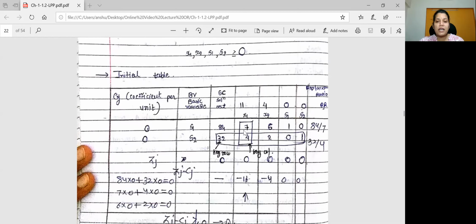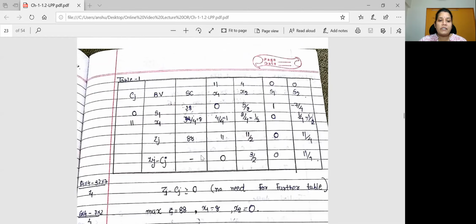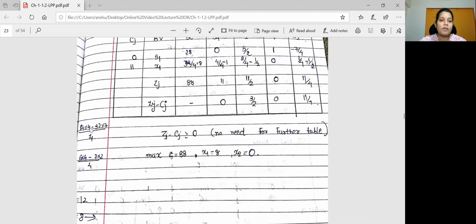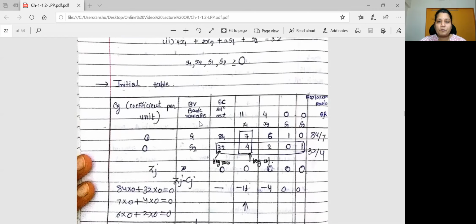क्या मेथड मैंने आपको बताया है कि जो भी आपका की नंबर है, जहां पर भी आपको चेंज लाना है वहां पर की नंबर से मल्टीप्लाई करो. सो 84, 4 का डिटर्मिनेंट फॉर्म 32 इंटू 7 से बनेगा. तो 84, 4 minus 32 multiplied by 7 divided by 4. Then we get 28. See here 84, 4 minus 32 into 7 divided by 4. That means we get the value 28.